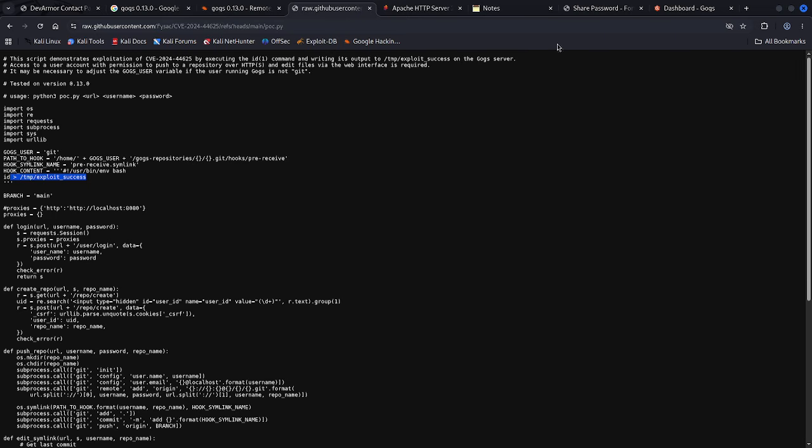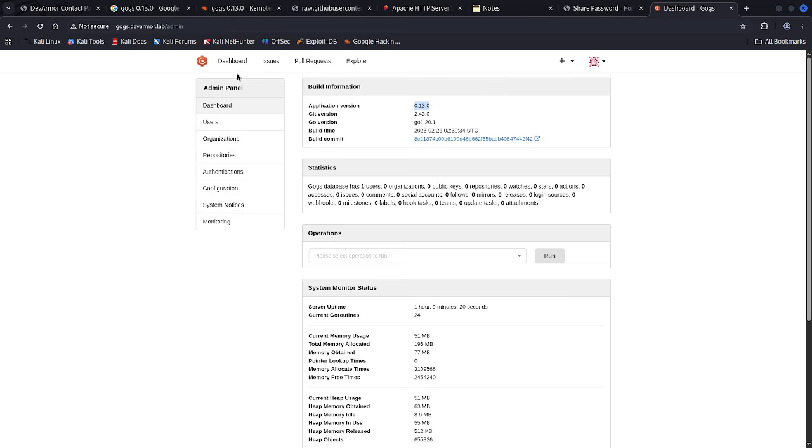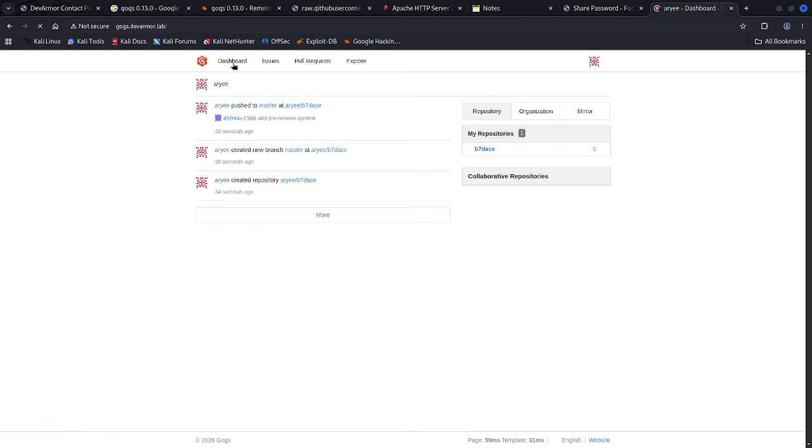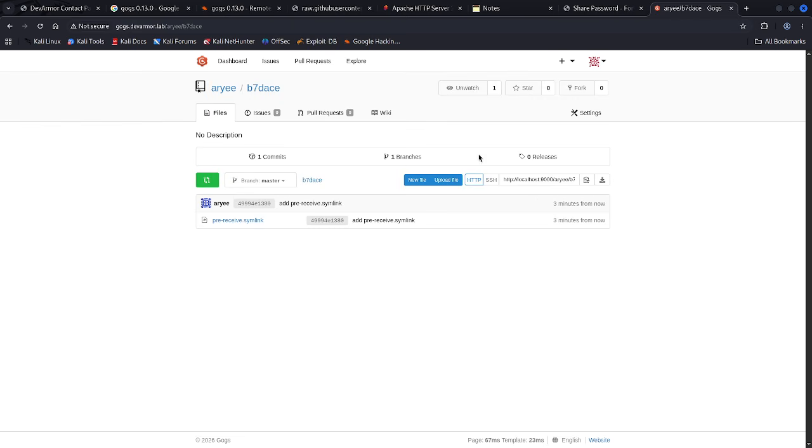Let's see, Gogs, and if we go to the dashboard, we see that it already pushed and we have the repo, right? It created the symbolic link here. This is the same link. What we have to do now is click on this project, then we can edit this, but what I want to do